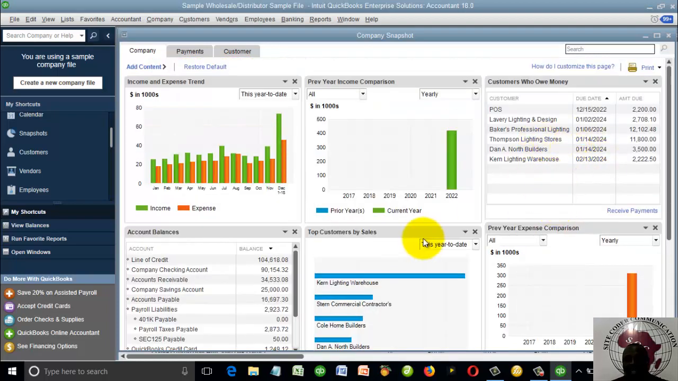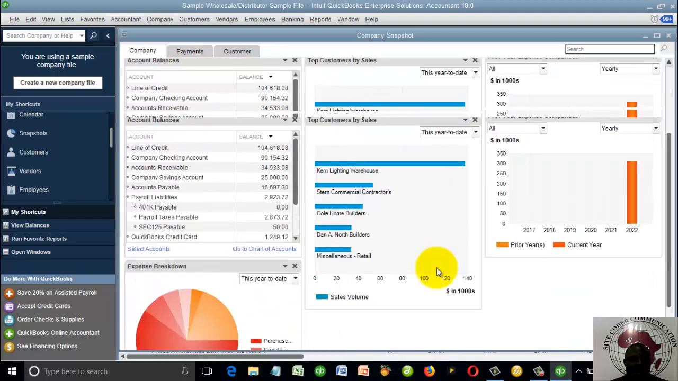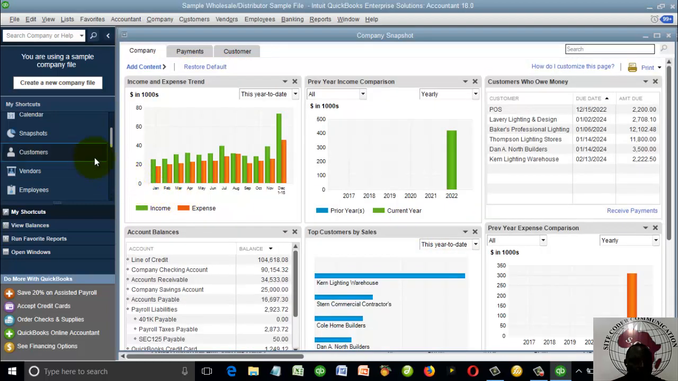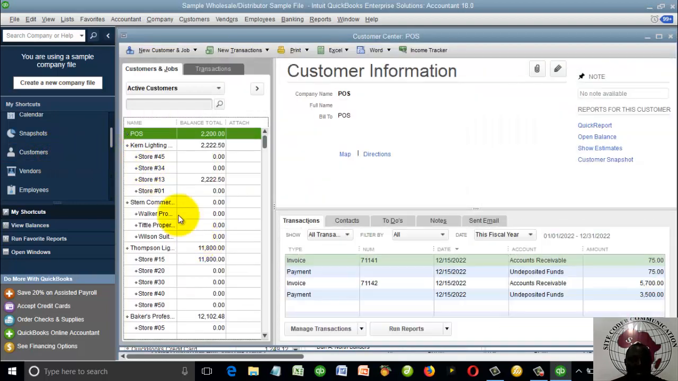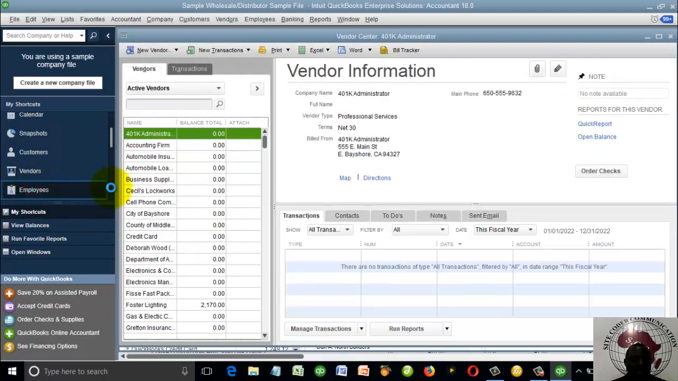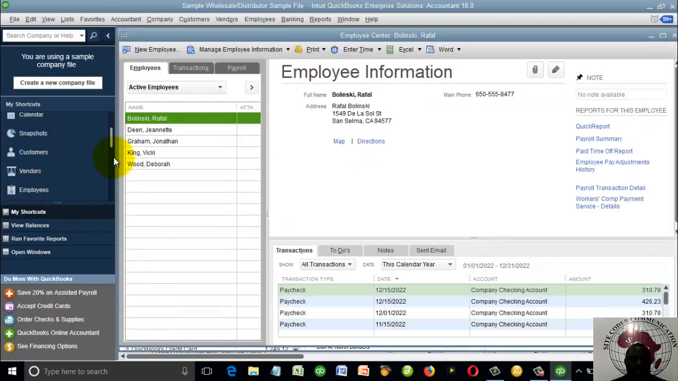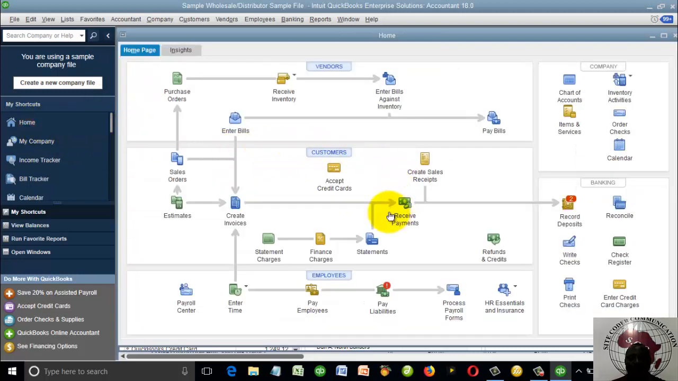Reports, these are charts that you can look at very, very quickly. Your customers, your customer list, your vendors, your employees, and all of that. So you see your employees and see their details and everything. All right, so that's what all these places are about. So let's go back to home and look at some other stuff,